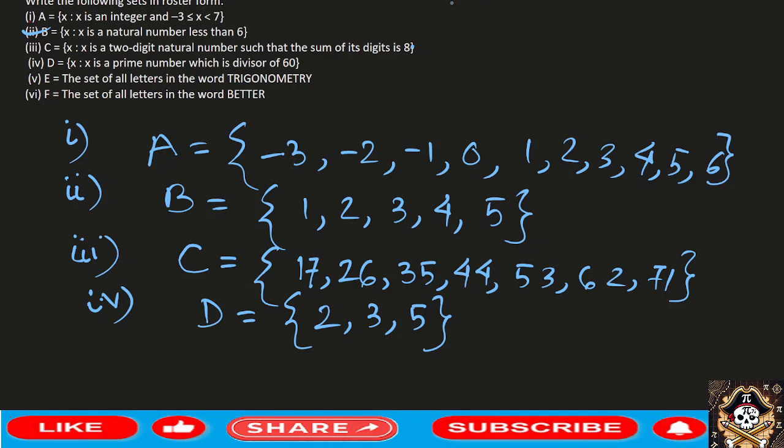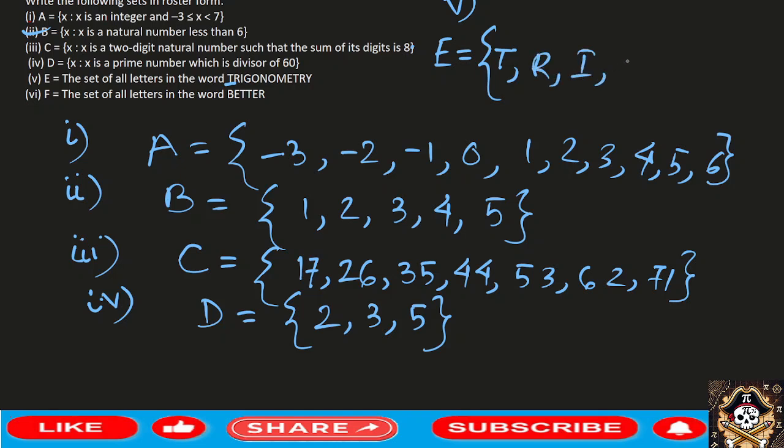Then we go to question number 5 here. E is the set of all letters of the word trigonometry. Now you will understand a different concept here which is told in the definition. Let us write set E here. Now take one letter at a time. First letter is T. We write it. Then we got R,